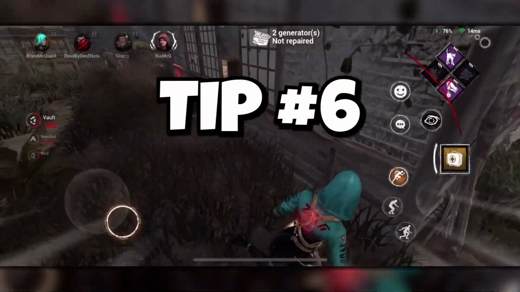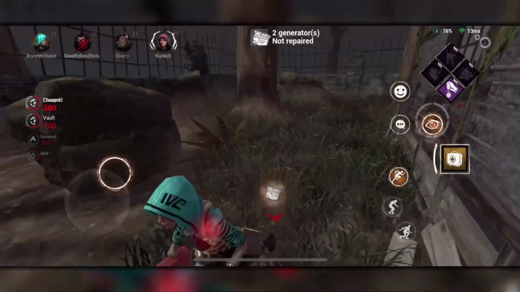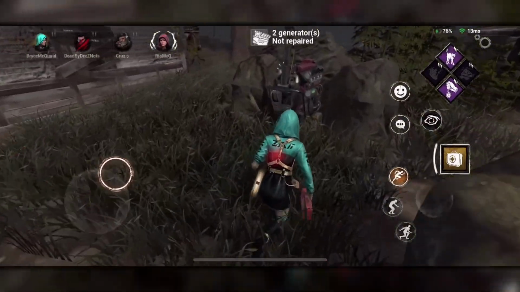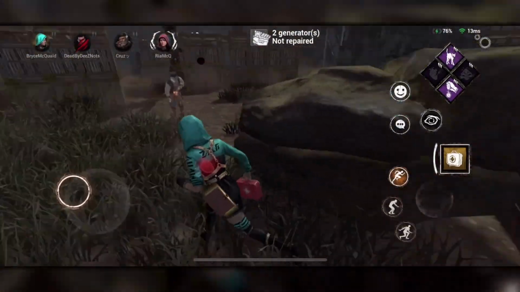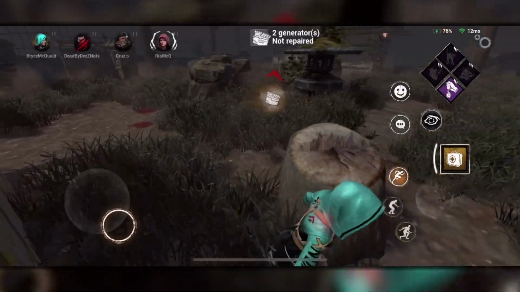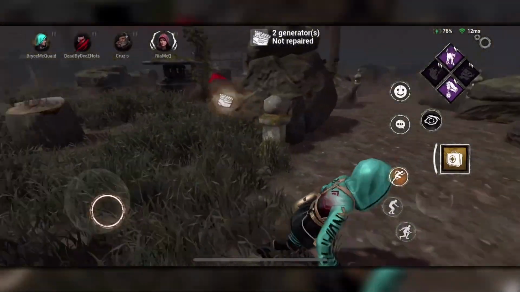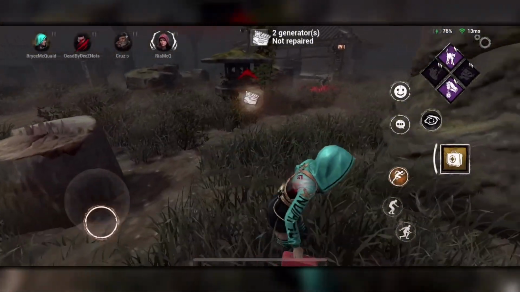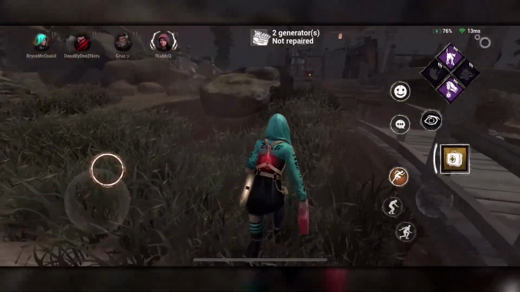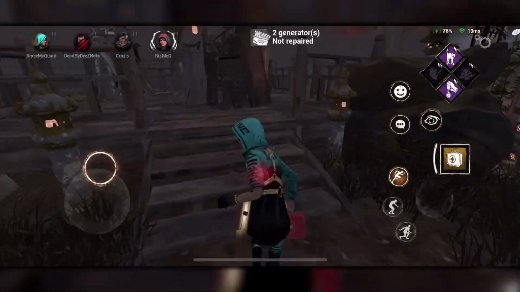Tip number 6, look behind you. The number 1 question I get from new survivors is how I managed to loop the killer so well. And while it would probably take me an entire video to explain everything you need to know about looping, the single best advice I can give you is to learn to look behind you during a chase. By keeping an eye on the killer at all times, you can extend loops dramatically and avoid the killer's mind